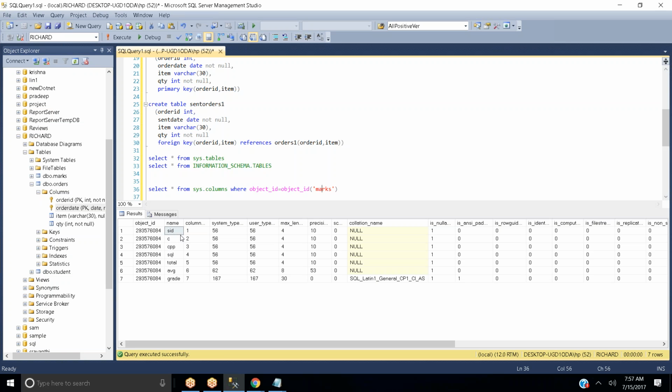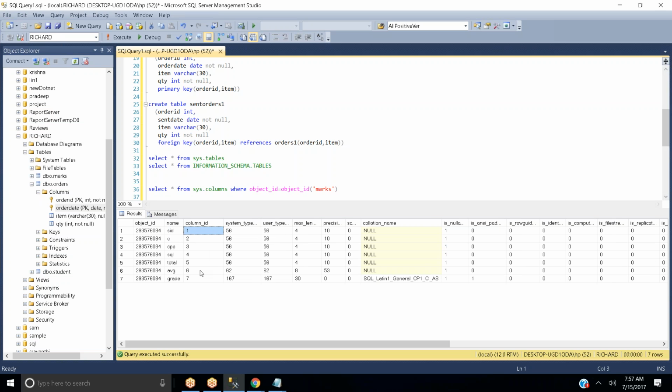And by default, for each and every column it is going to give a column ID: 1, 2, 3, 4, 5, 6, 7, like that. By default the system will provide one column ID for each and every column.